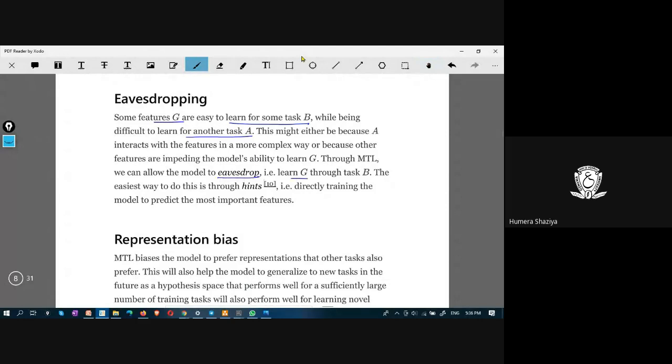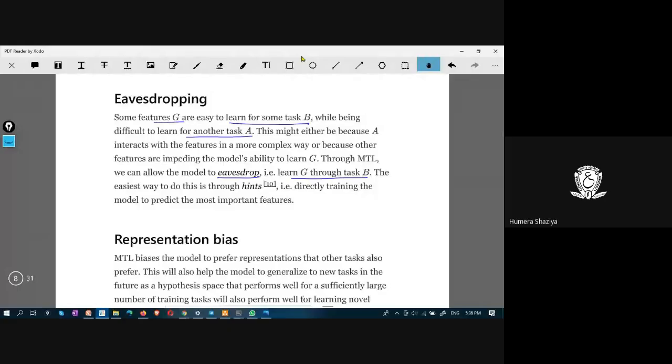Eavesdropping means learning G through task B, because it is quite easy to learn the features on task B. So the network will eavesdrop, meaning it learns the set of features G through B, not A, because it is difficult to learn A.